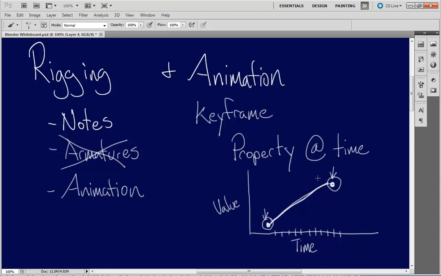Somebody said going up. Well, that's a dangerous place to look, because really this curve could be defining anything. It's not necessarily going upward. It could be controlling the animation of the scale of something. It could be an animation of the color of something. It's not necessarily going up at all. It's just a change in value. As a matter of fact, it could be motion in X. Yeah, we could be going sideways. Yep. There's all kinds of different things this could be defining right now.